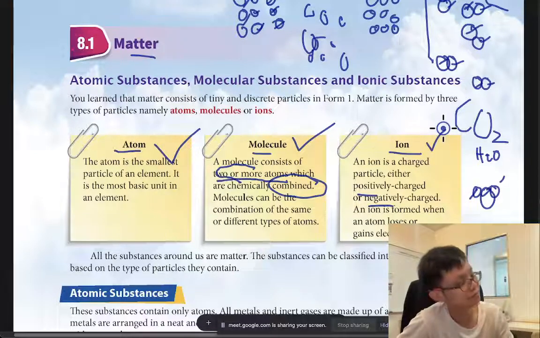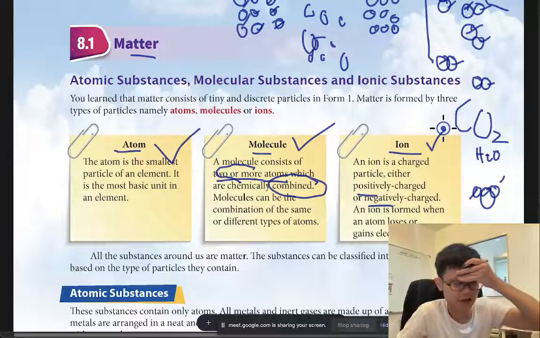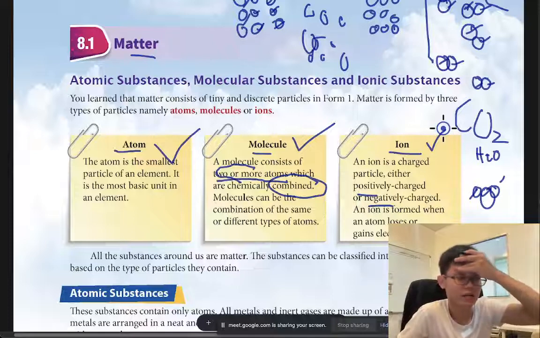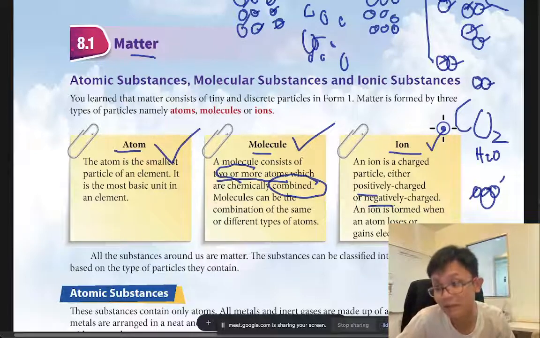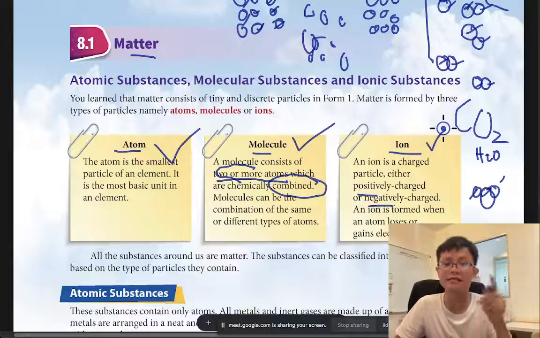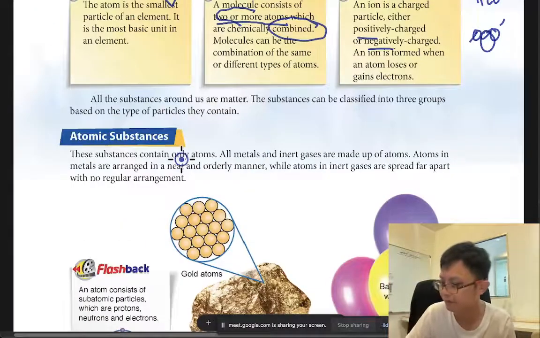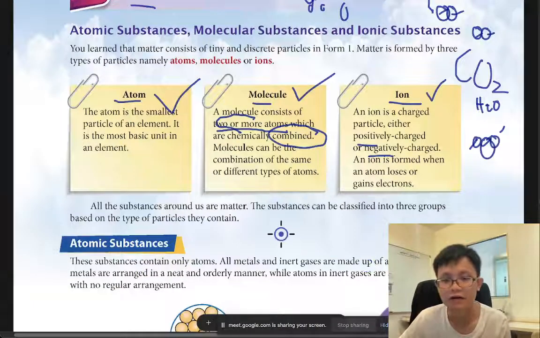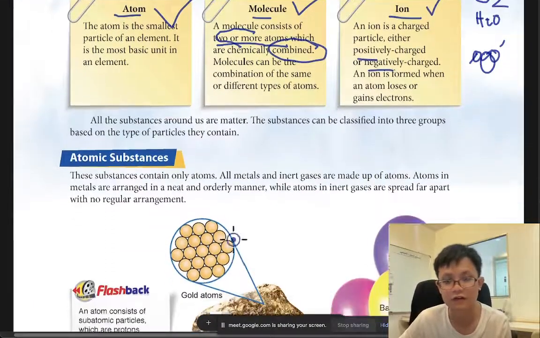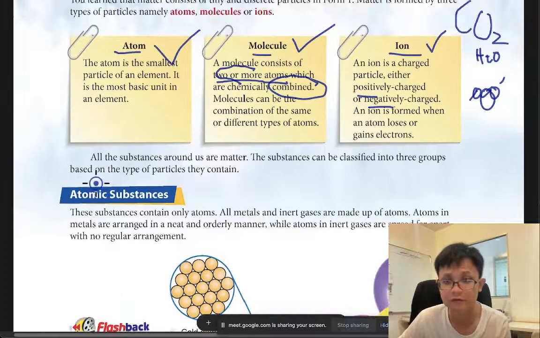Almost the same, but the atom is different because the atom got charged? Let me think about it. Yeah, in some sense the atom can be charged. So if the atom got charged, then you can call it an ion, but it's still an atom. Ion is still atom, molecule is still atom. Anyway, I hope you understand. If not, please ask. If not, I will continue on, then you will get confused.